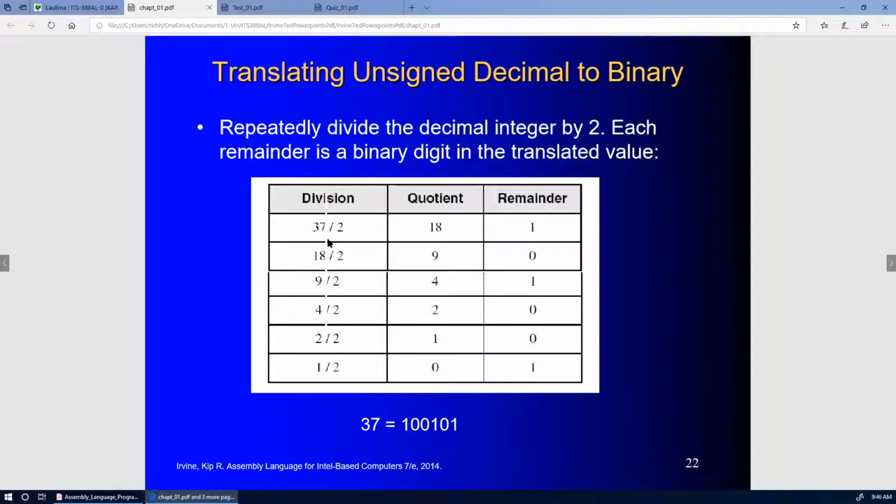And if it's mod 2, it's only going to be 0 or 1, and so the remainders end up being the digits. So this converts 37 into